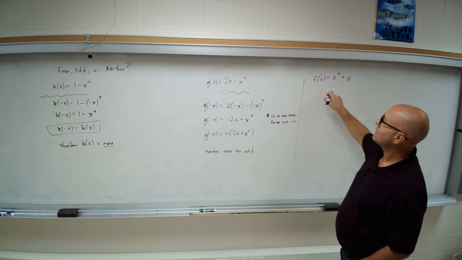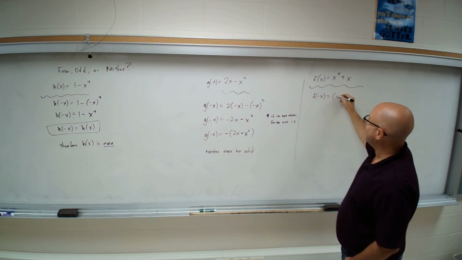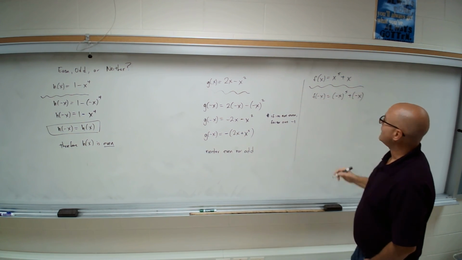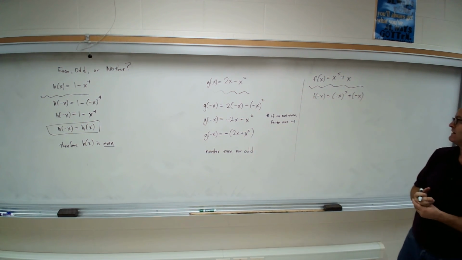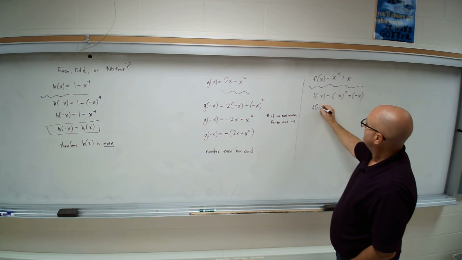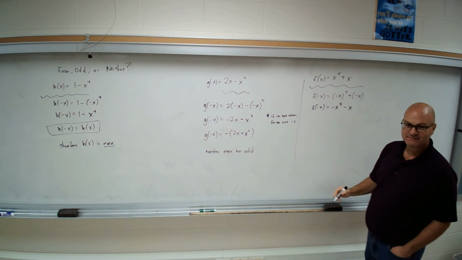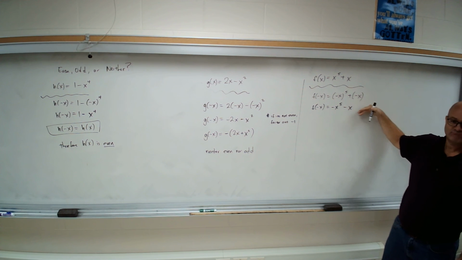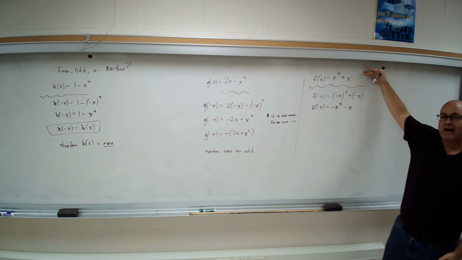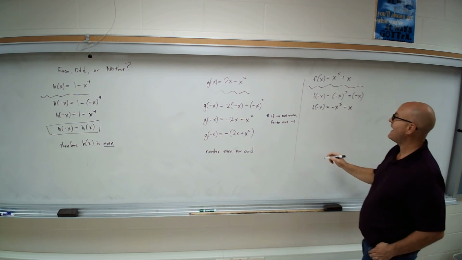All right. So let's look at this last one here. So we have f of negative x is negative x to the 5th plus negative x. Right? Again, every x gets replaced with negative x. And then we get negative x to the 5th minus x. So I've simplified it. Does it match? Once you've simplified it, if it doesn't match, the only thing left is to try to factor out a negative 1. So when we do that,